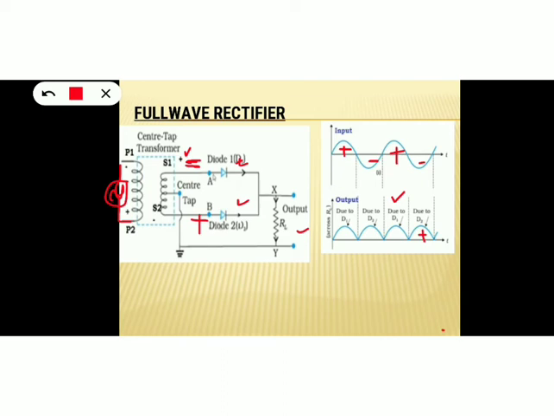Okay, so what is the advantage in a full wave rectifier? During all half cycles of AC, output is produced. But in the half wave rectifier, output was observed only during the positive half cycles of AC. But here, in the case of full wave rectifier, output voltage is obtained for all the half cycles of AC, irrespective of positive or negative. Hence, here, frequency of output is equal to 2 times frequency of input.